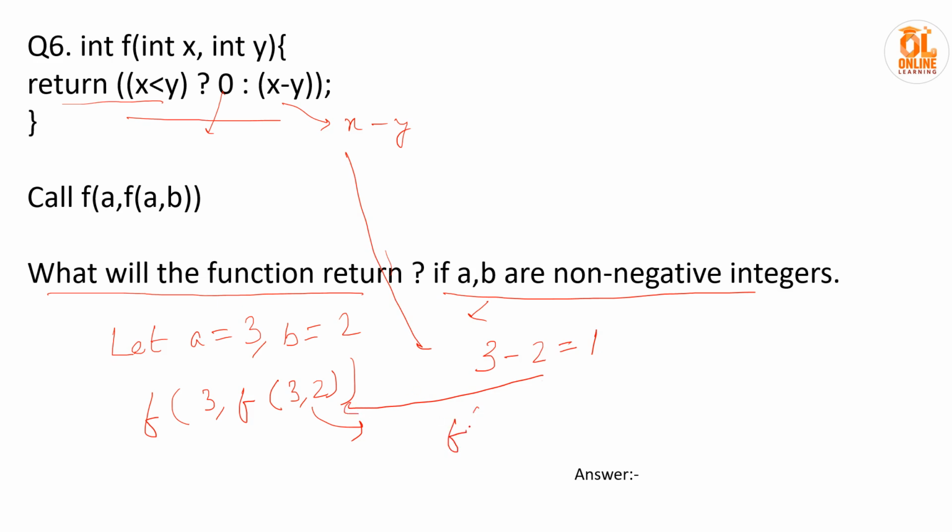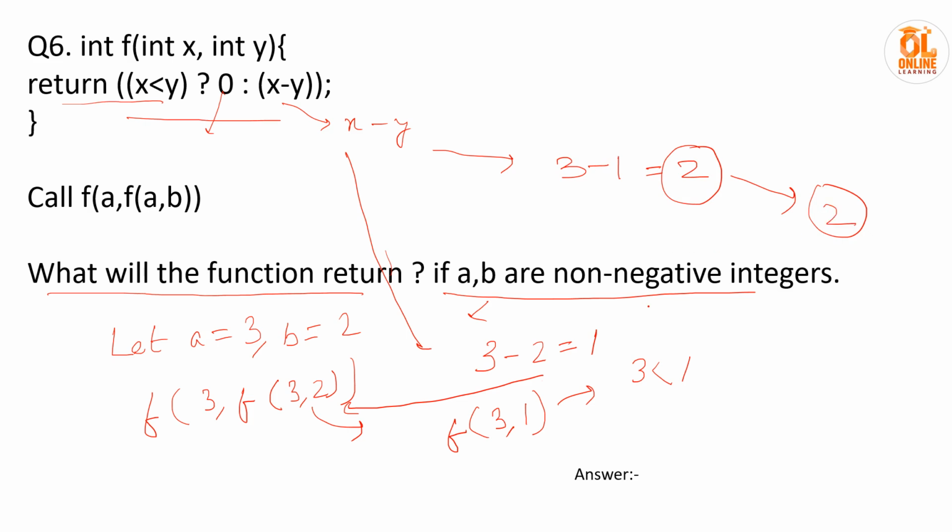Now our function is f(3, 1). It will be called. Now is 3 less than 1? No, it is not less than 1. So again it will move to the second condition, that is x minus y. So it will become 3 minus 1 is equal to 2. So what are we getting? 2. Now if you take any other numbers, 4 5, 2 1, anything you can take,